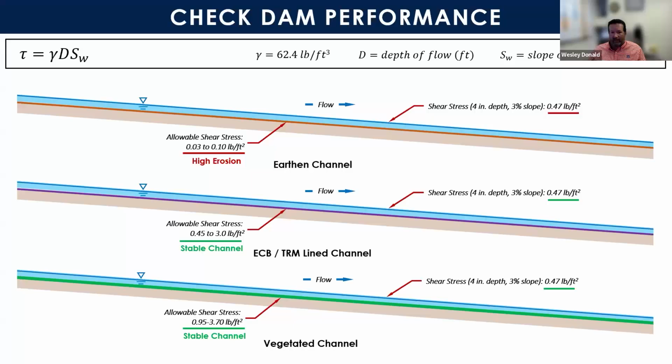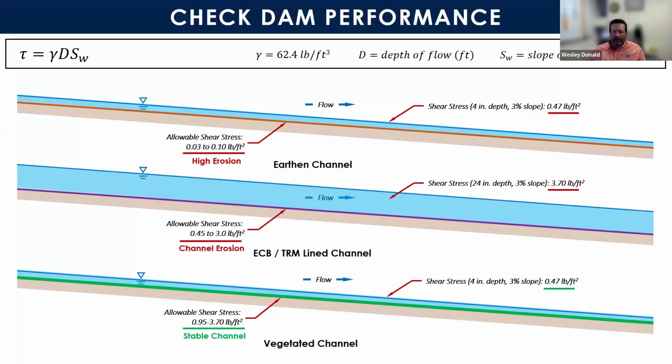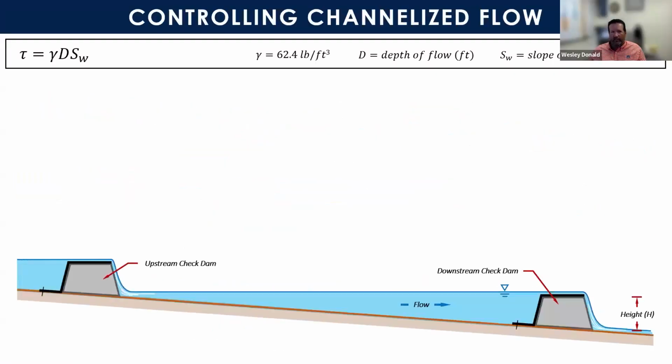We can put things like TRMs in place, and we can vegetate it. And as long as we are in that low depth flow, then everything can be good. Everything can be stabilized for minimizing erosion. But, as our flows increase, as our depth increases, even putting in erosion control blankets and things of that nature can greatly be diminished by high velocity flows and channels that are pretty deep.